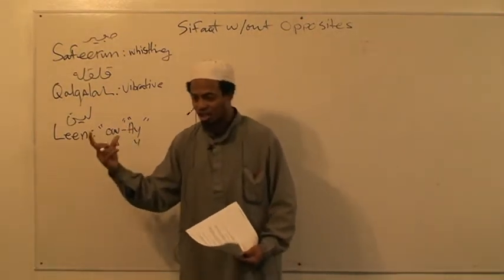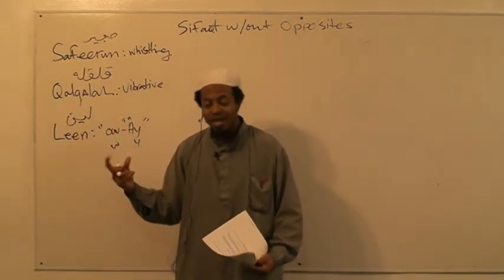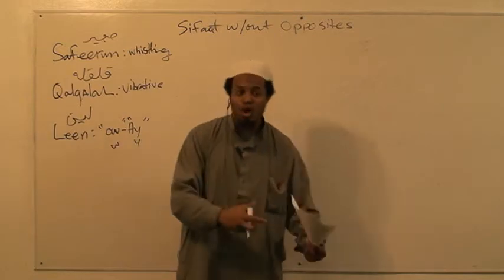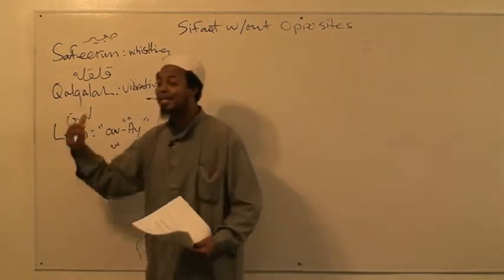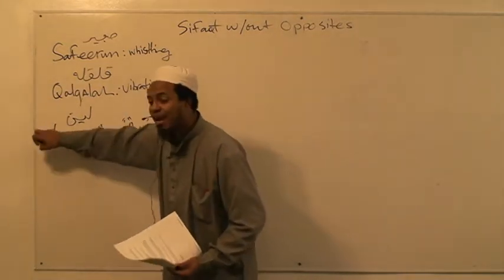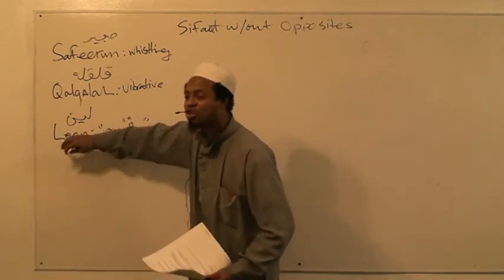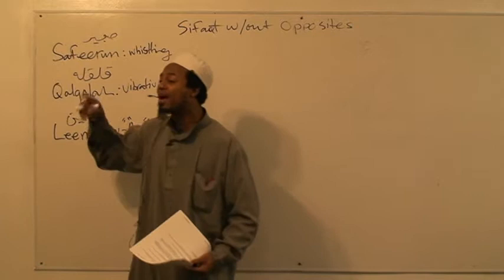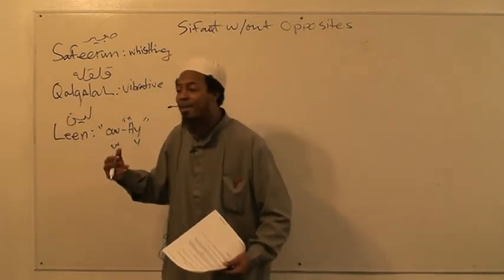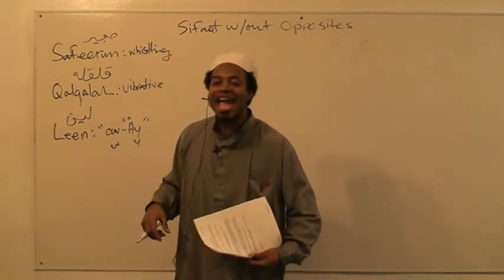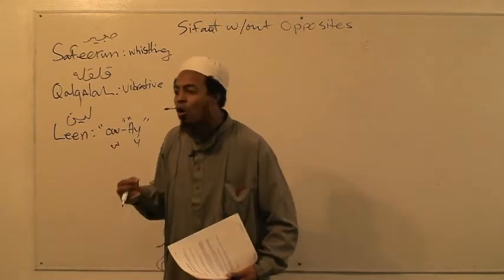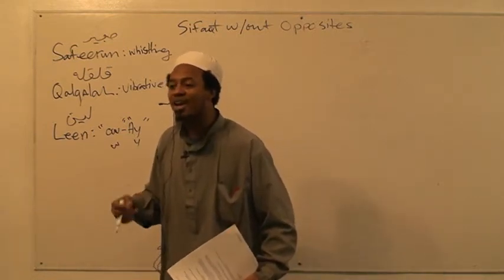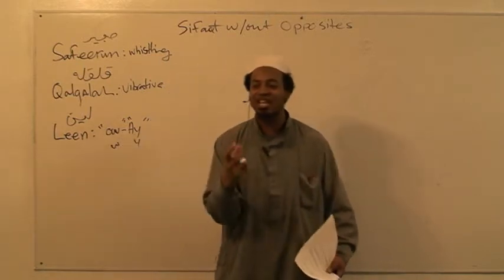If you learned English 101, they say your vowels are A, E, I, O, U. Sometimes Y and W too. The sometimes Y and W too is considered lean in Arabic. It's when it's preceded by an A sound. So in Arabic it would be ow. Or a. Say that. Ow. Like khawf. Khawf. That construction is considered lean.